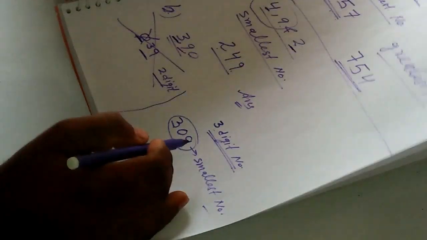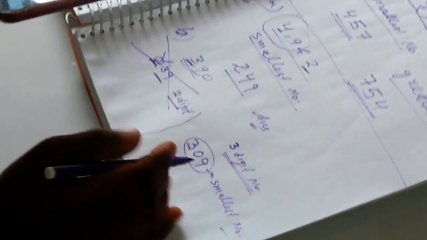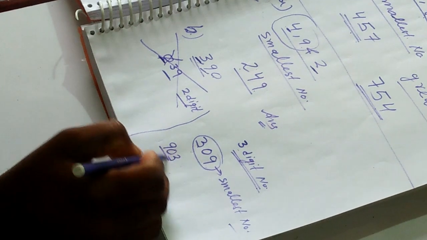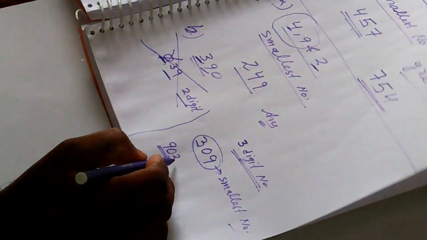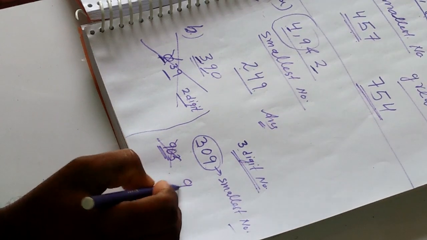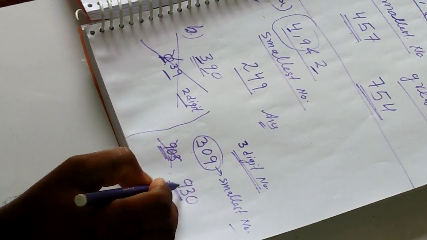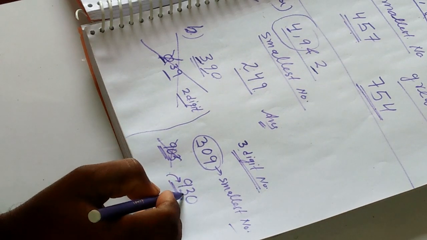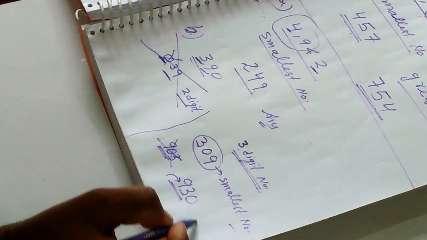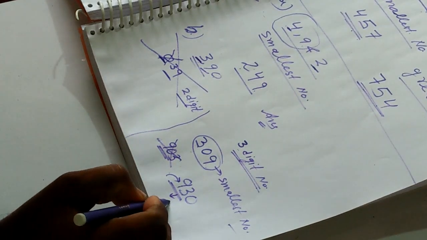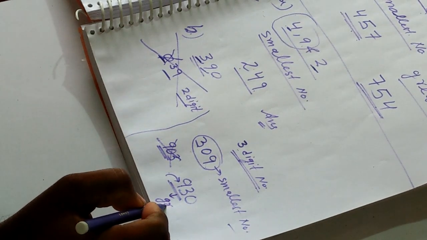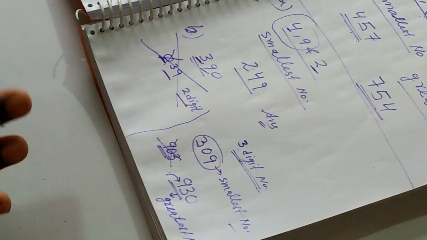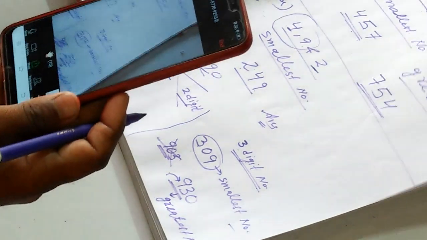So this is the smallest number. Suppose you have to prepare the greatest number. So the reverse of it, you have to put like 930. It means the biggest digit at the extreme left position. Thereafter the given digits we have to put in descending order. So this is the greatest number. Okay, dear.